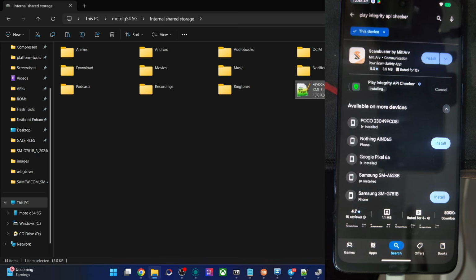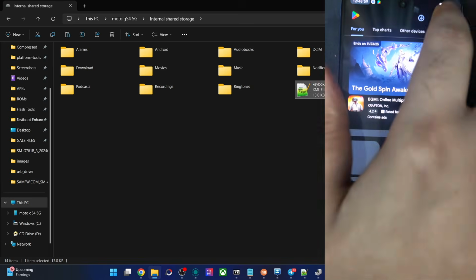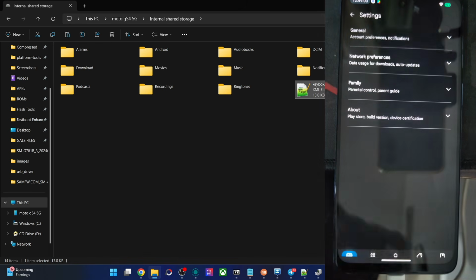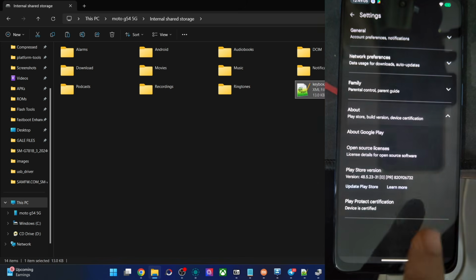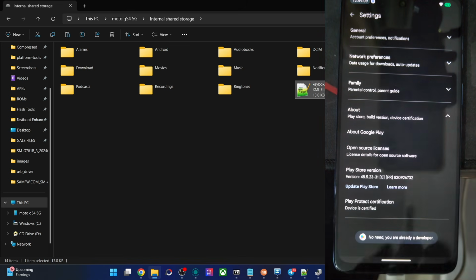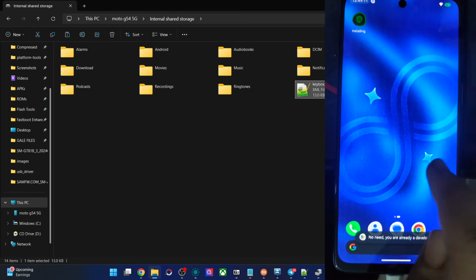Since the keybox file is currently not revoked, we should be passing the strong test. But if there's any issue, then we have to turn off the spoofing and then see what happens. You may also check from the Play Store itself without any app. In that case, you have to tap on your account, then go to the settings, about, then tap on Play Store version 7 times. You are now a developer, you could see. Then once that is done,